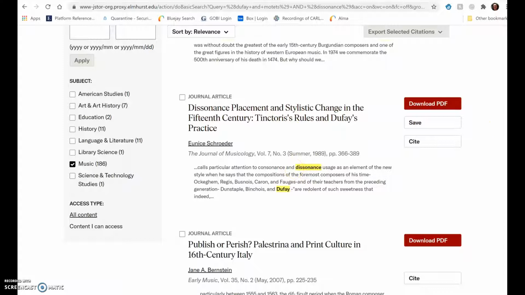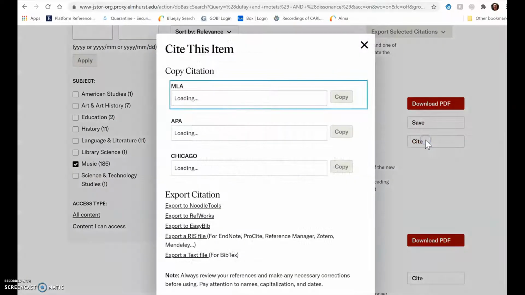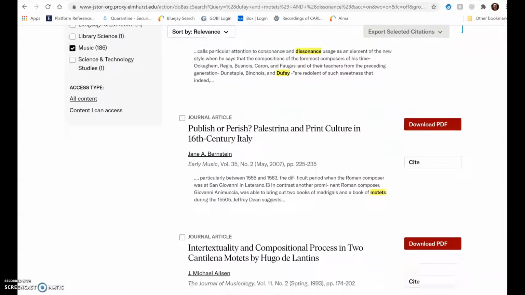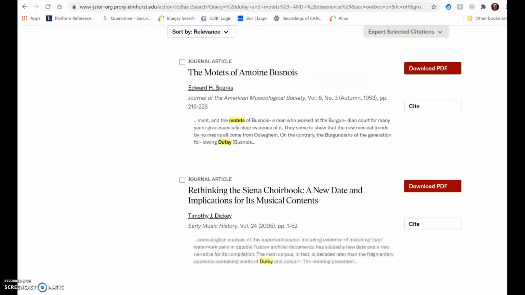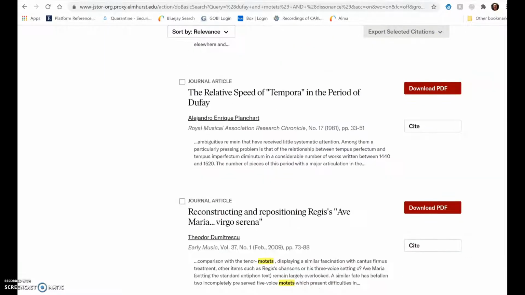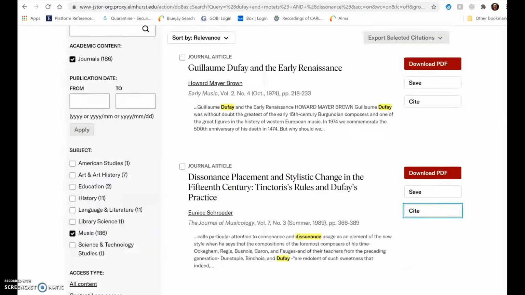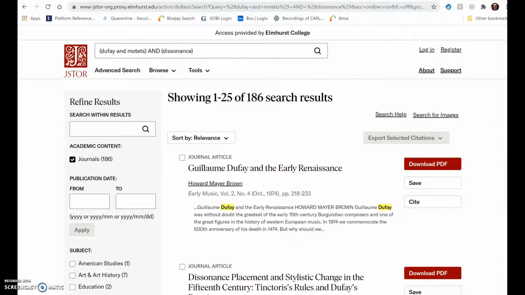Looks pretty good. And again, I've shown you how to download the PDF. You also can cite it right here. If I do cite, it'll show me that MLA where I can grab it and copy it to a clipboard. So you'll find a lot more stuff, but it will quickly become less useful. But the nice thing is if you can use JSTOR to search for a particular name of a piece,